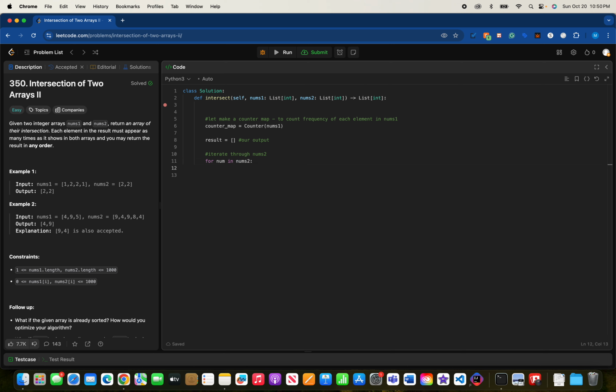If counter map of num is greater than 0, so if it's more than 0, if there's one or more, then let's add to result, result that append num,